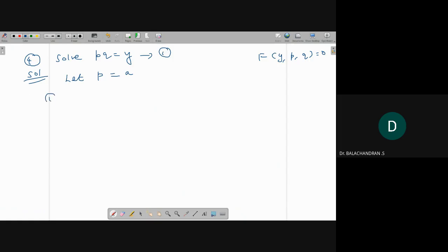So 1 implies, if we substitute p equal to a here, a q equal to y. From this, find the value of q. q is equal to y by a. After finding q, consider